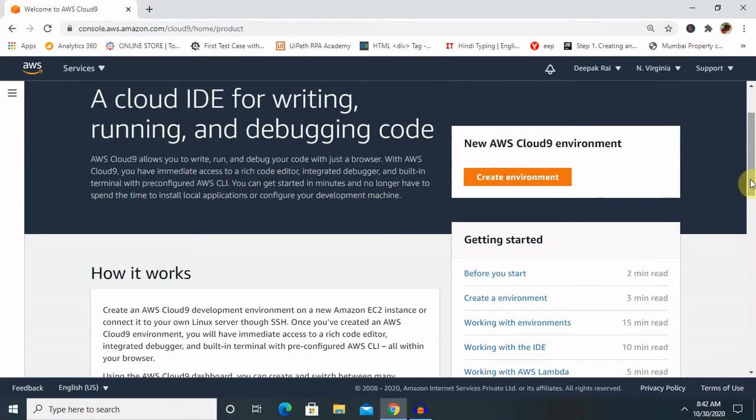So first, understand what is Amazon DocumentDB with MongoDB compatibility. It's a fast, scalable, highly available and fully managed document database service that supports MongoDB workloads and makes it easy to store, query and index JSON data. This video will show us how to create Cloud9 and how to connect with the DocumentDB cluster with the Mongo shell and run a few queries.